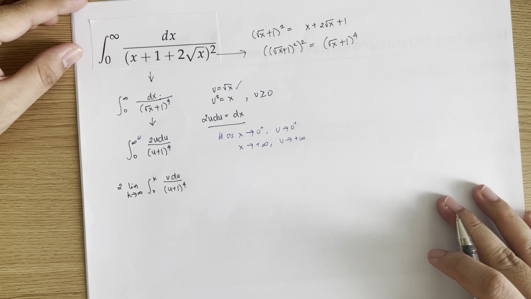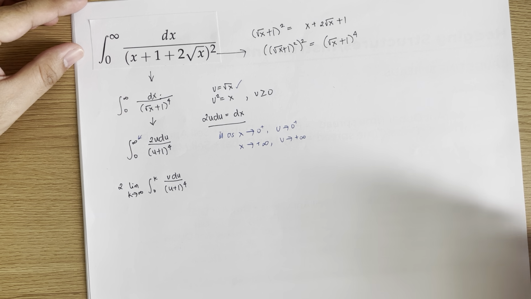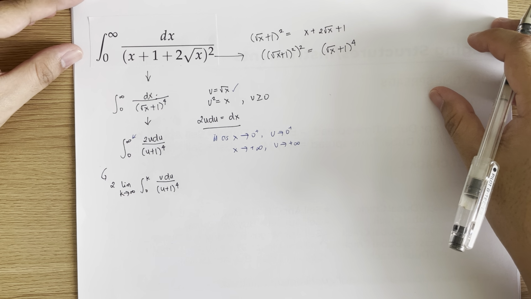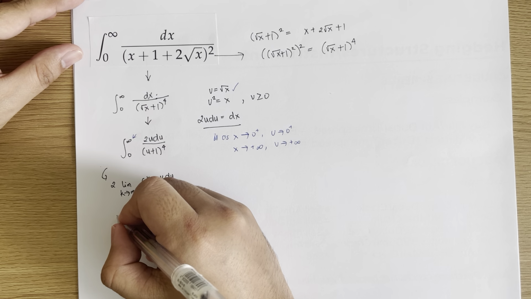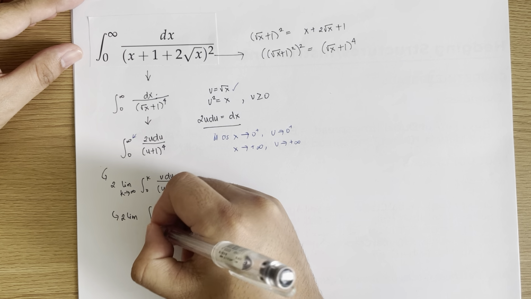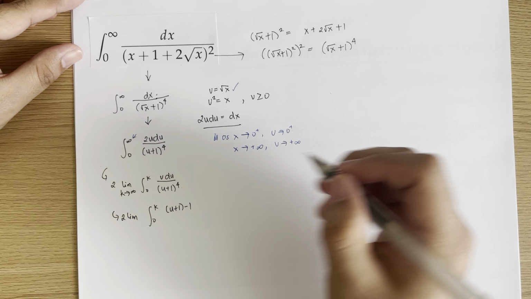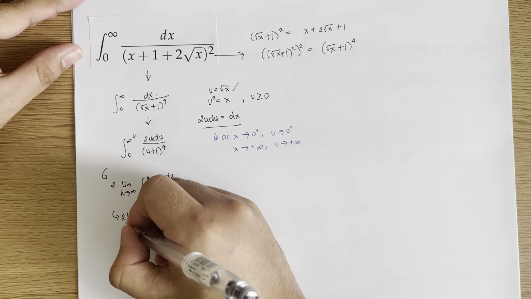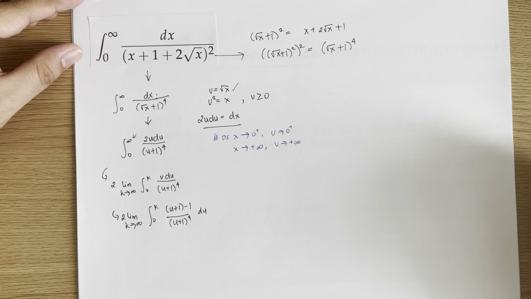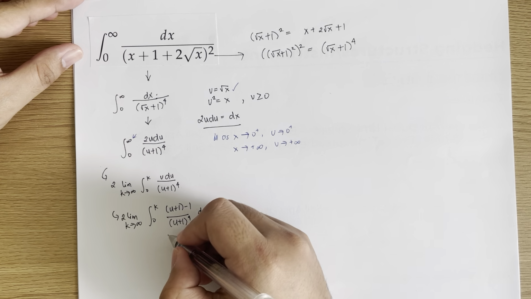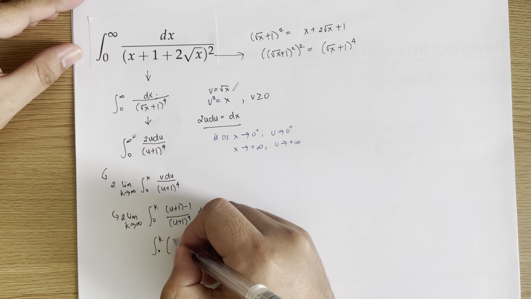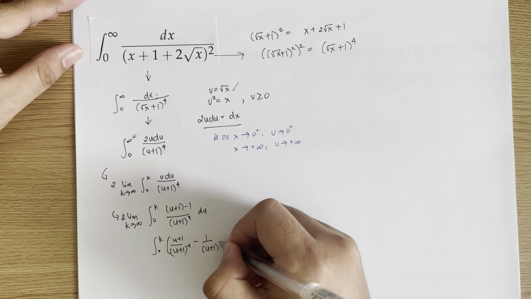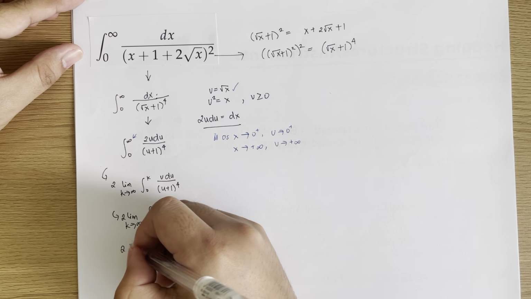Now to evaluate this integral, we use what I call a strategic splitting technique. I think I've done this in other videos as well. So what we do is we rewrite the numerator as (u plus 1 minus 1) all over (u plus 1) to the 4th du. Again, the limit is as k approaches infinity. Now if we do this, we can split as (u plus 1) over (u plus 1) to the 4th minus 1 over (u plus 1) to the 4th du. Again, this is twice the limit.